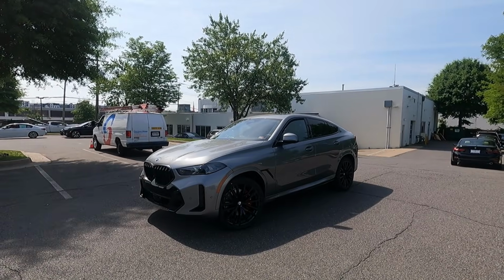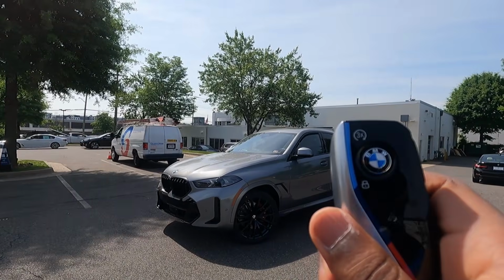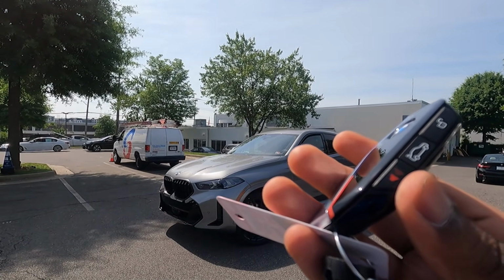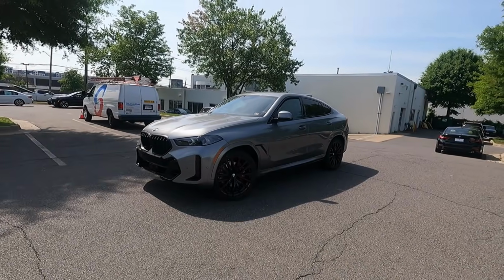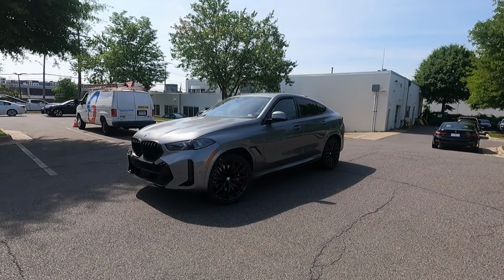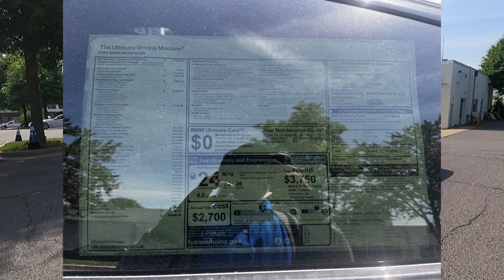Looking on the outside of the 2024 BMW X6 xDrive40i, this is your key fob right here. You do have lock, unlock, as well as a trunk release and a panic button right there. If you do hit the lock button 3 times, that will start up the remote start function. But I'm looking a little bit more at this X6. This is dressed in a Skyscraper Gray exterior for $650 with a Tacora Red interior, which I will show you guys in a second. As equipped, this vehicle is